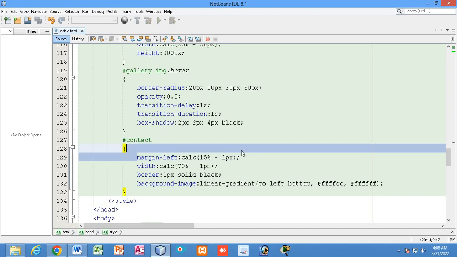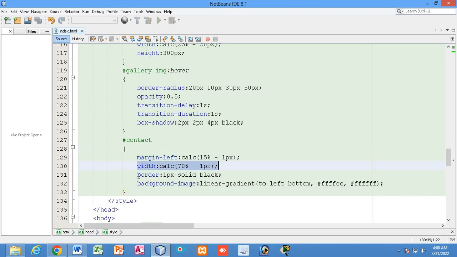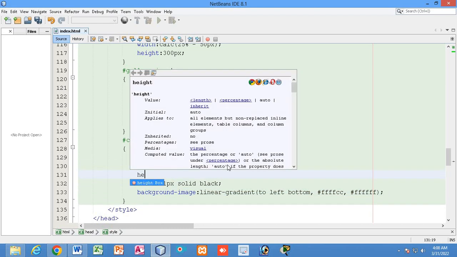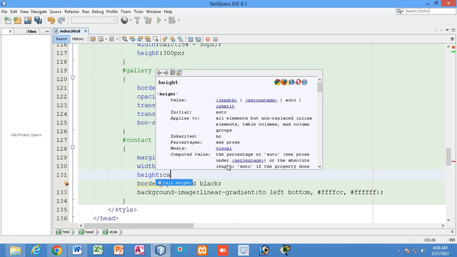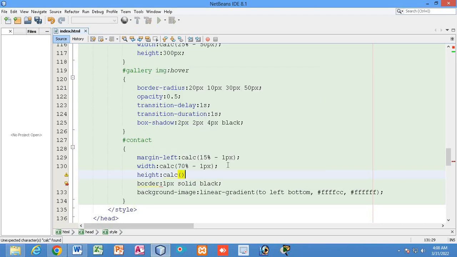Margin left, width, border black, and also we have given the background color. But let us add height. How much height? The height will be 100% minus 64px.